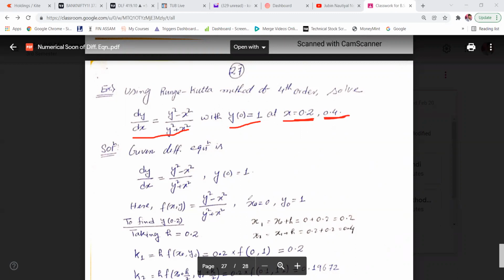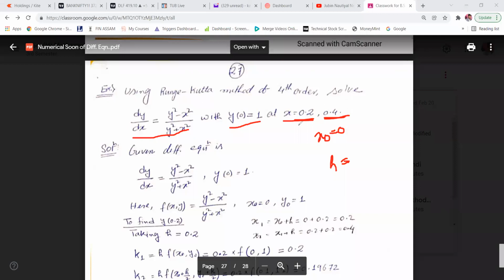So what we are going to do, you need to consider h. At two different points you need to find, no? So x naught is already 0, it is given. Now, you can choose h as you wish. As you wish means, from 0 to 0.2, you divide into 2 parts, 3 parts, or 4 parts, or you can consider 0 to 0.2 as one interval. The concept of dividing the interval into n equal subintervals is to minimize the error.